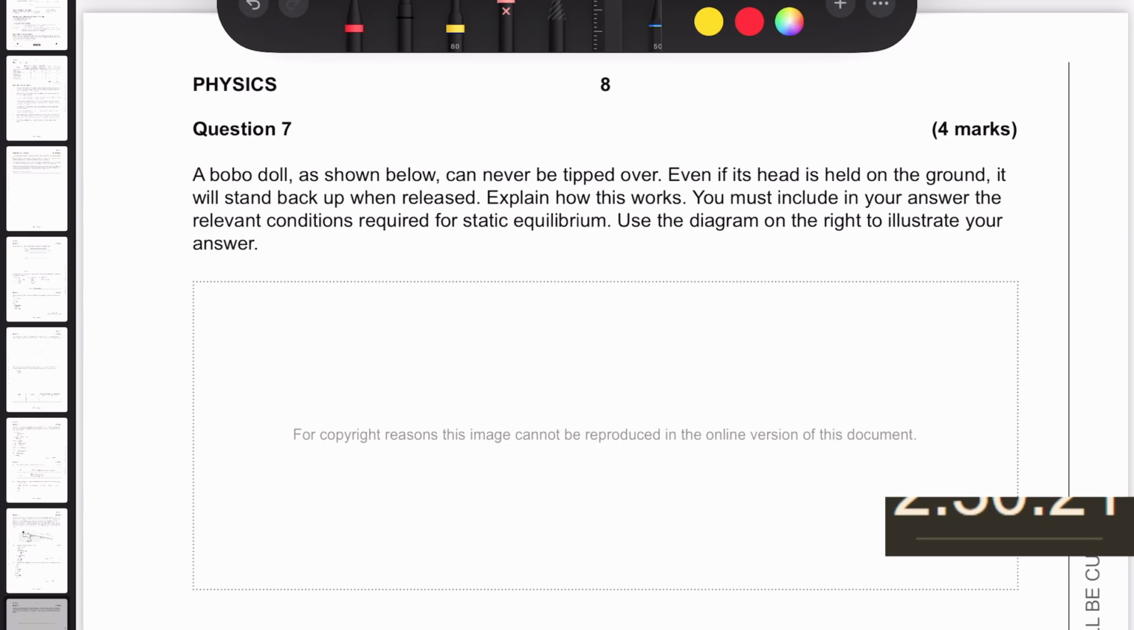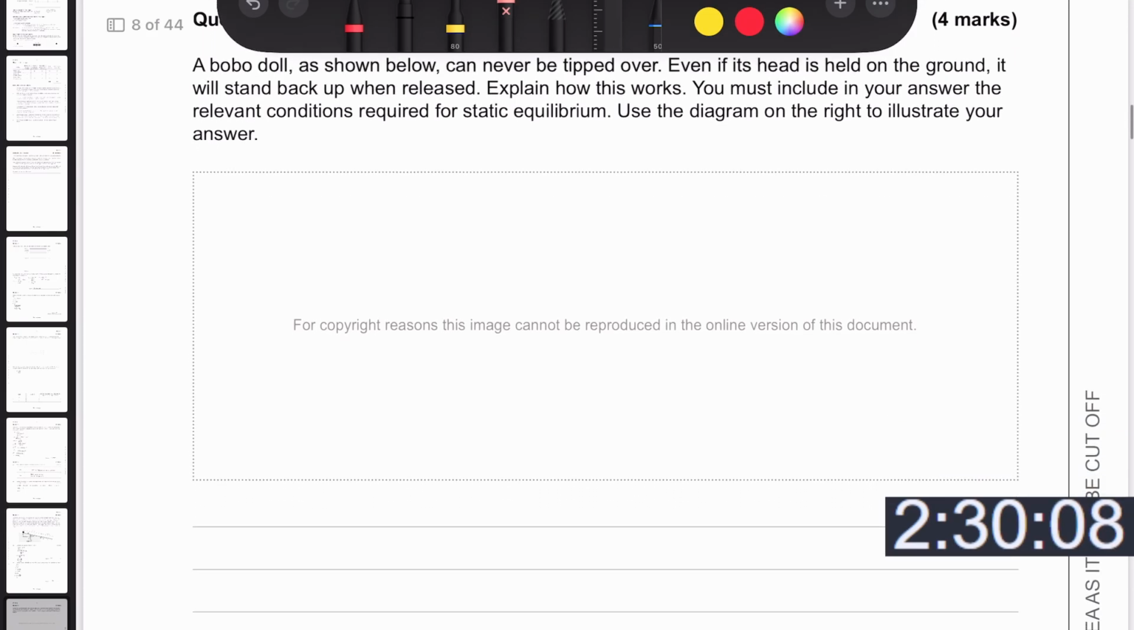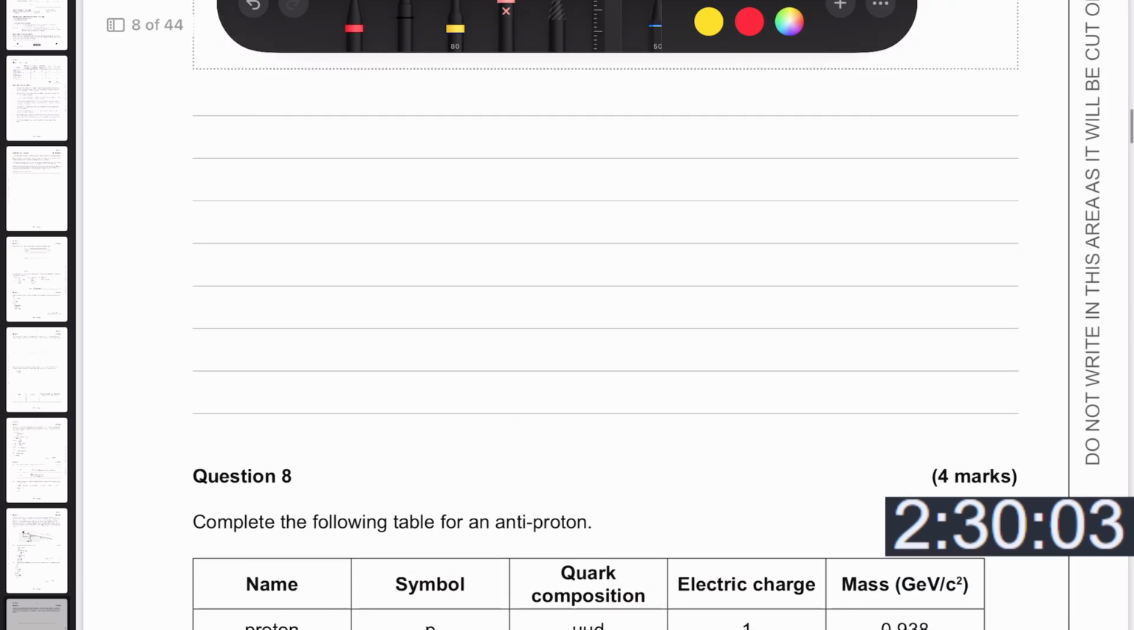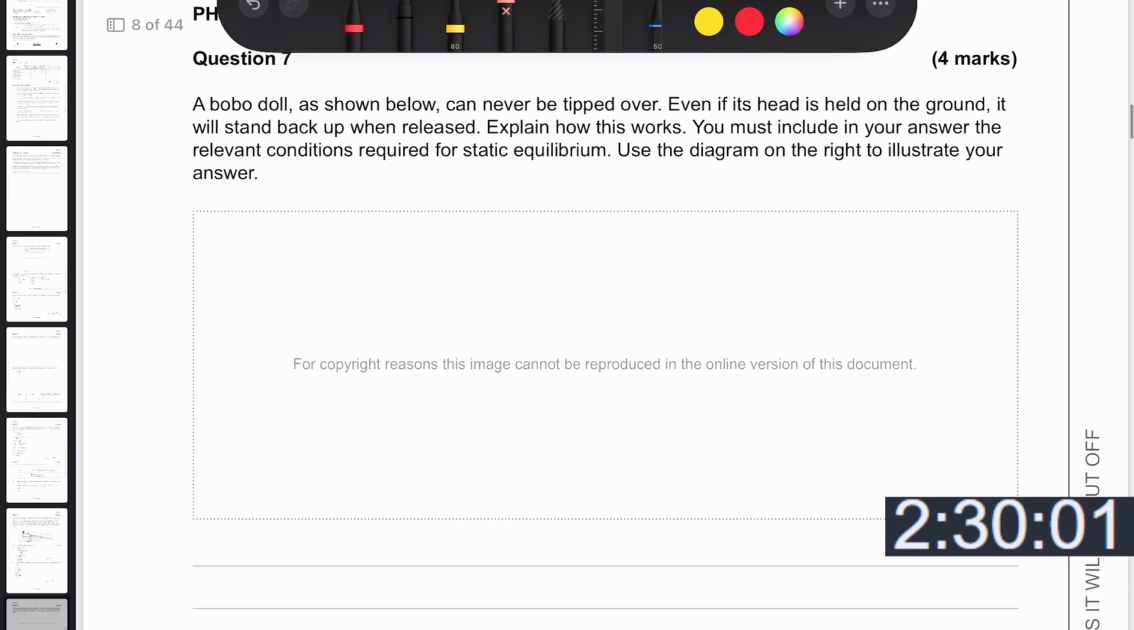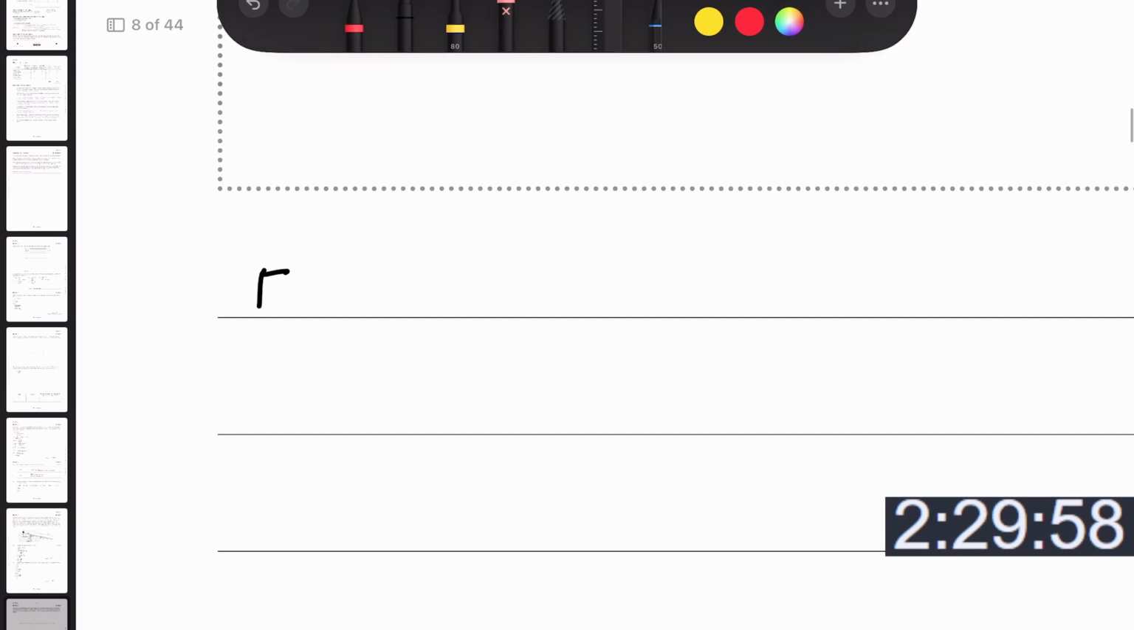Let's see. Bobo head. Okay, got the picture up. His head is held to the ground. You must include in your answer the relevant conditions required for static equilibrium. Use the diagram on the right to illustrate your answer. Okay, so then for static equilibrium, the sum of forces